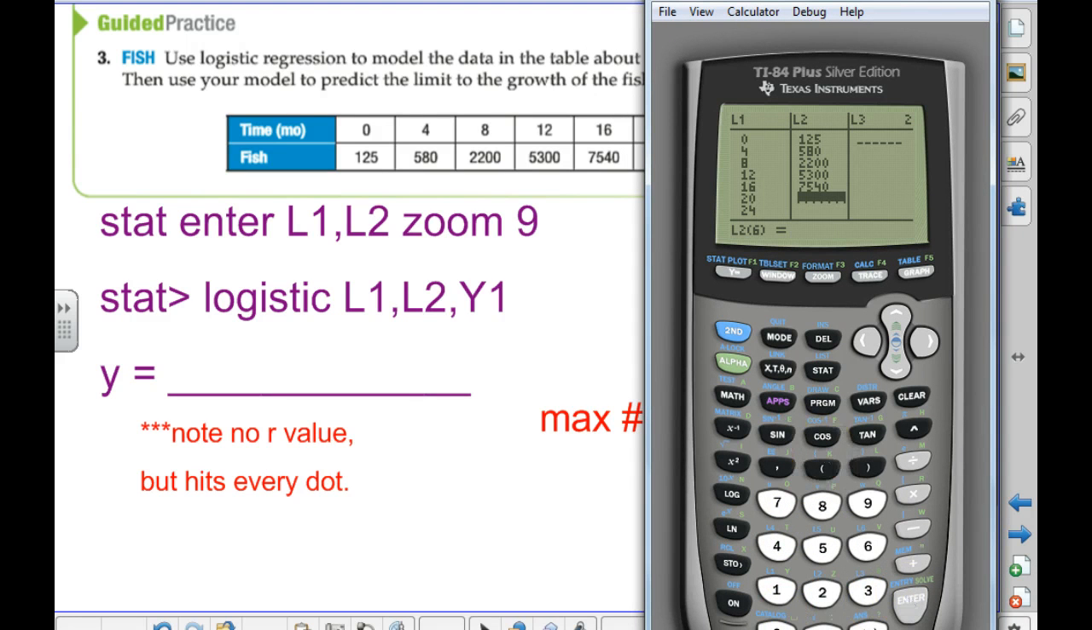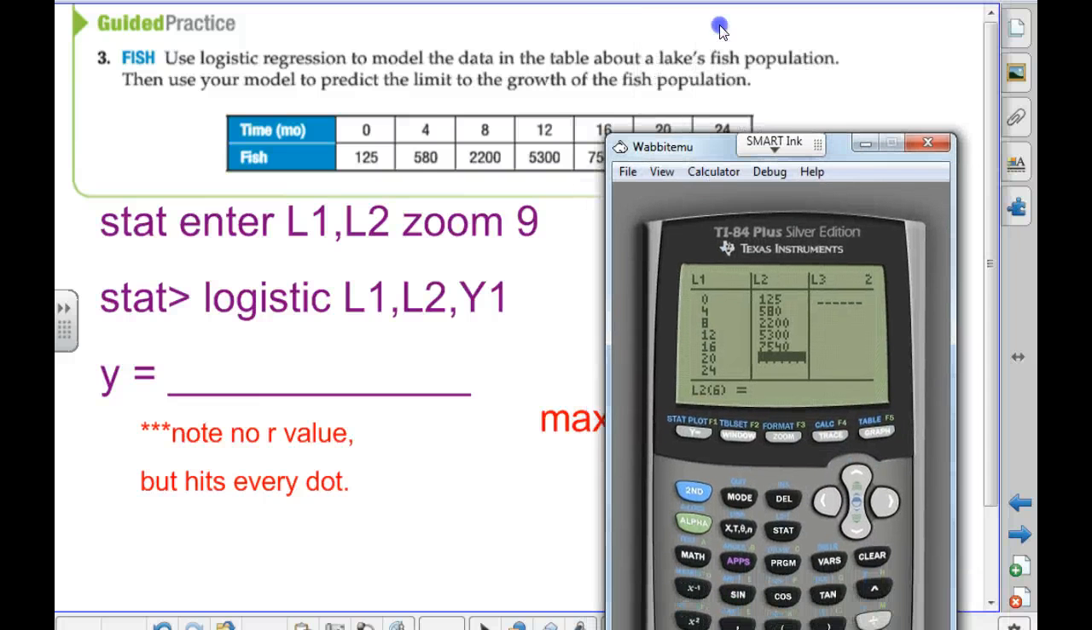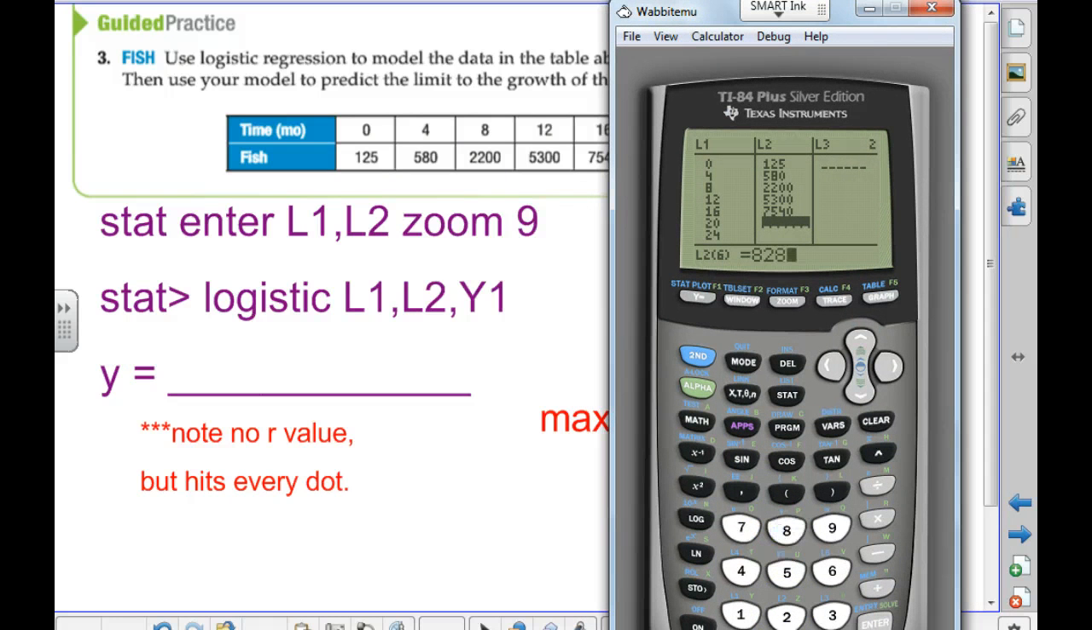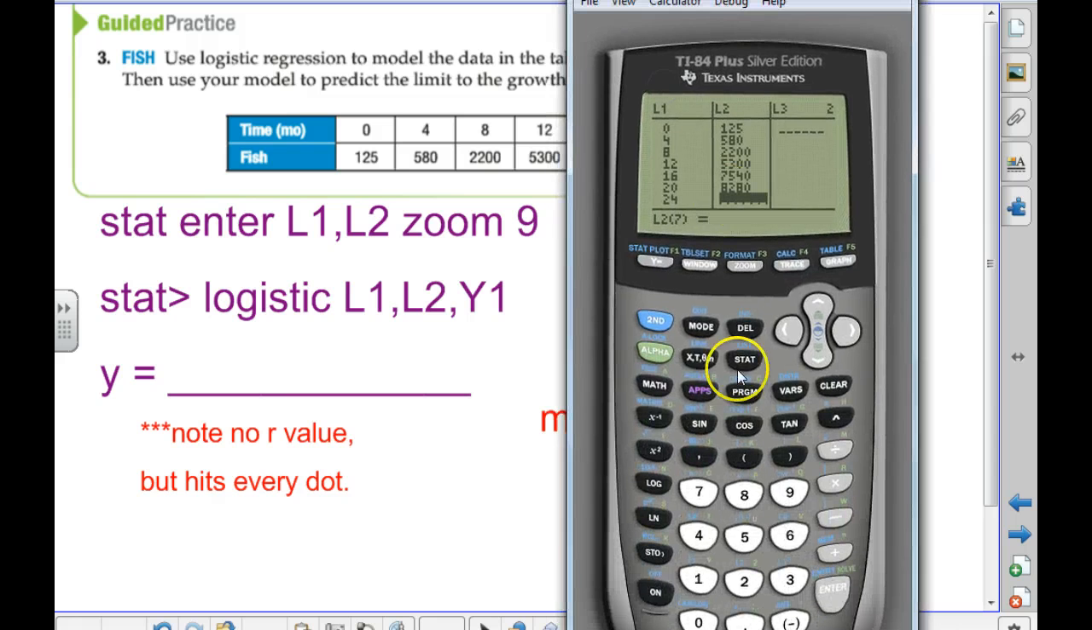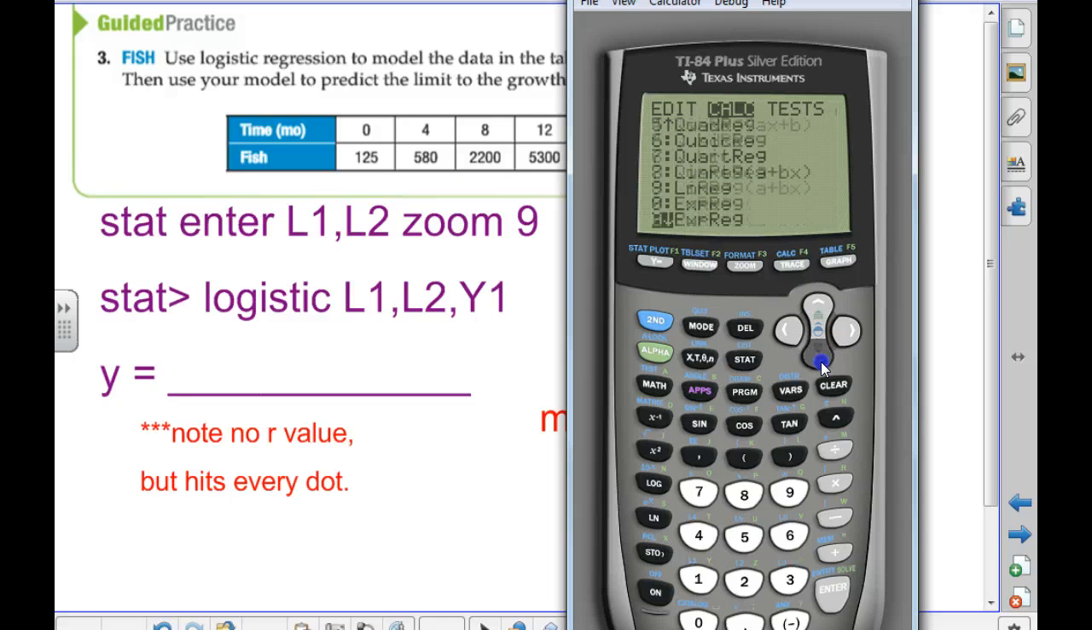Clear out anything you have in Y1. Look at your data, do a Zoom 9, see if you think this is turning out okay. Okay, does it seem to be flattening out? Okay, go ahead and do STAT, right arrow. The logistic is down further. It's choice B. And I do want you to go ahead and store it in Y1